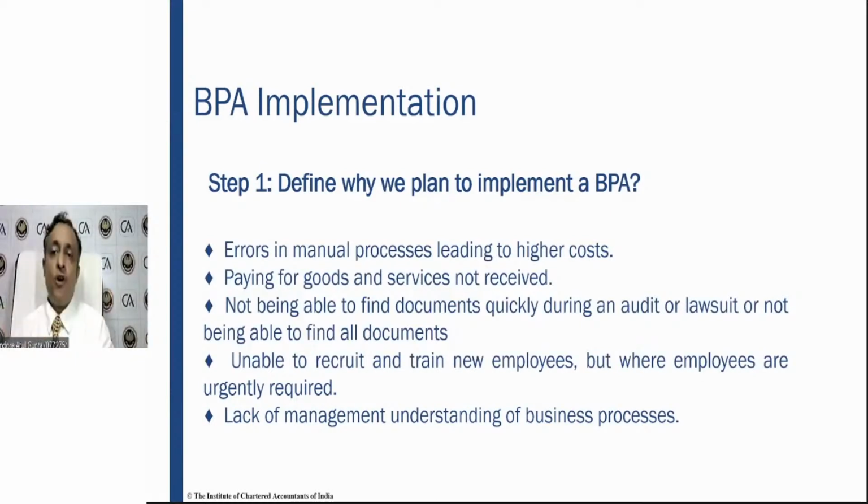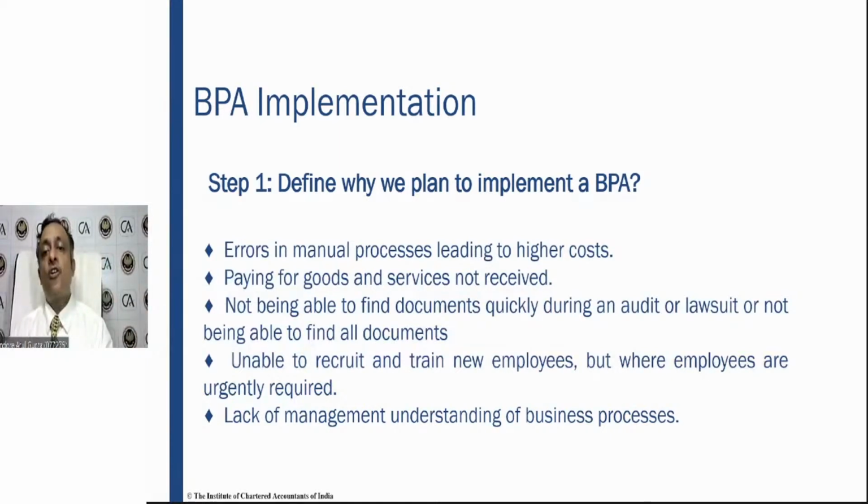So there you go for automation. Then it's a very different thing, paying for goods and services not received. So you find it can be on a reverse side also, that the billings are not proper, the collections are not proper, the dispatches are not proper. Then you have to make automation. You got that point that we talked about, that look from the reverse side, the other side of the coin, so that it creates a better understanding. Then also you can go for automation.